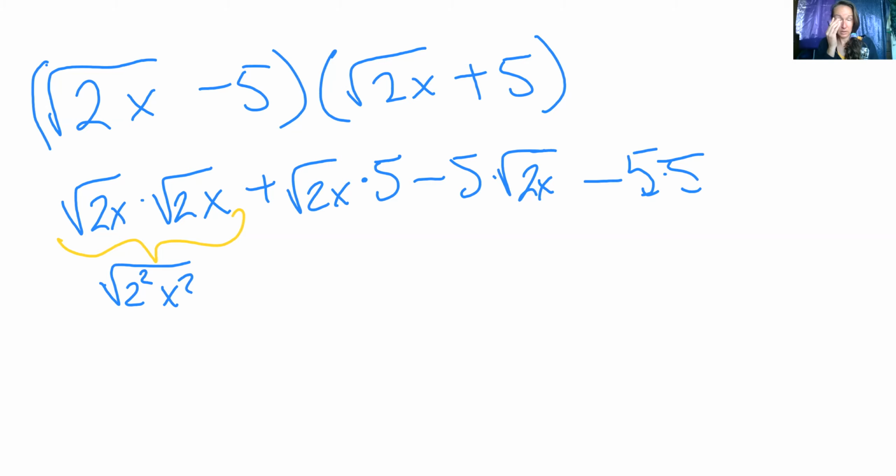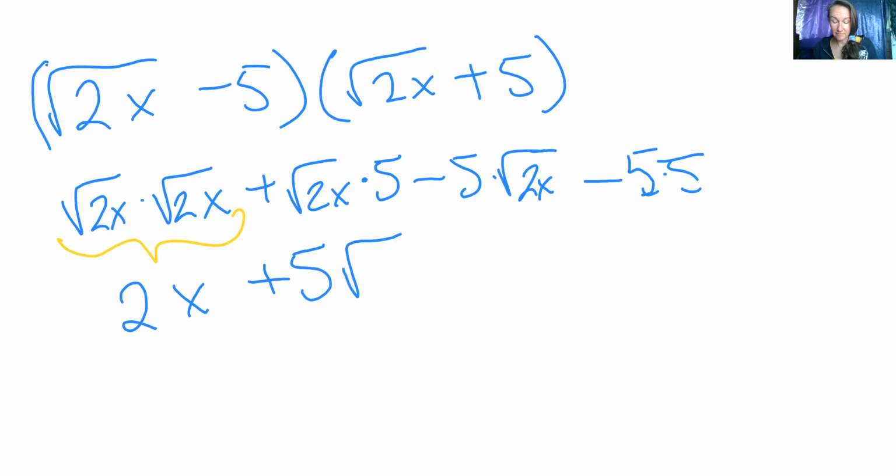Or 2x in parentheses squared, but that all becomes just a 2x. Okay. So that term becomes a 2x. Our next term, 2x times root 5, we're just going to rewrite as 5 times the square root of 2x, because we like to write the constant,